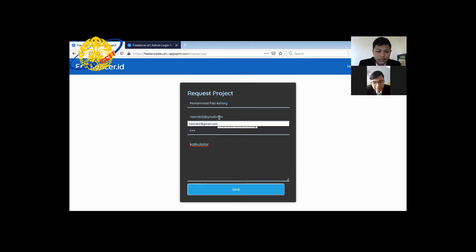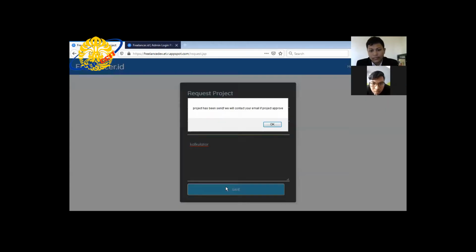If all fields are empty and we click save project, it says you must insert all fields.